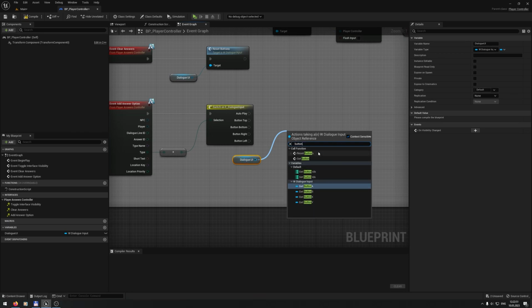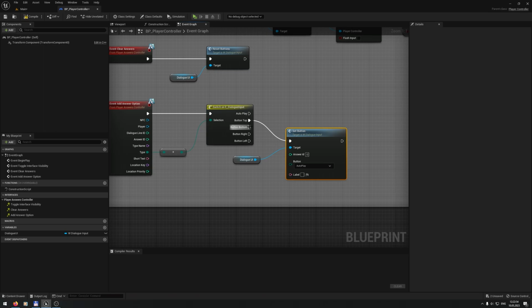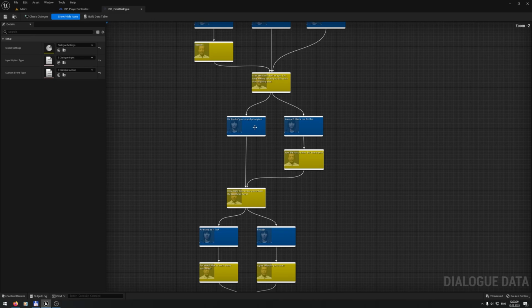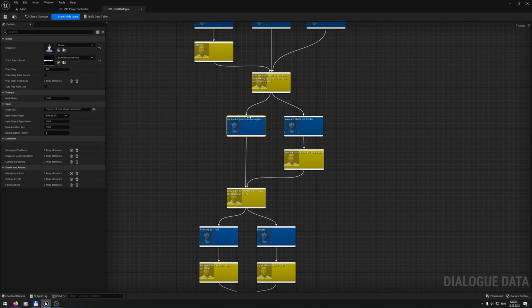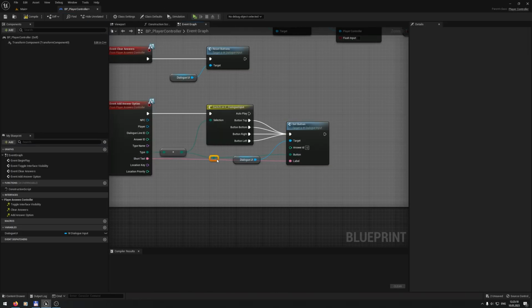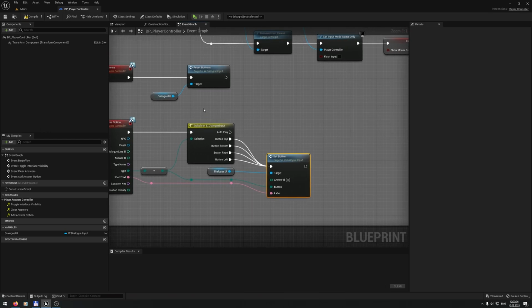For our buttons, we use this event we just created, set button. And short text, because if you remember, that's it, our short text. As for this,